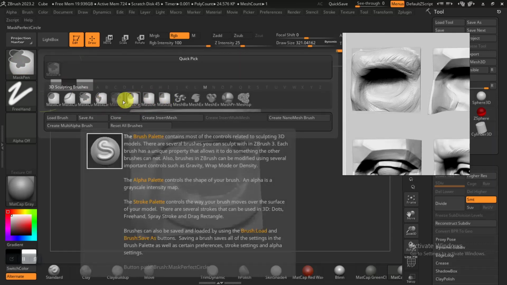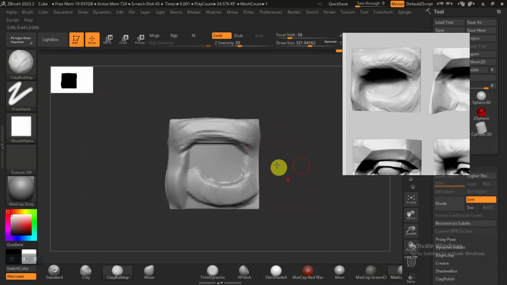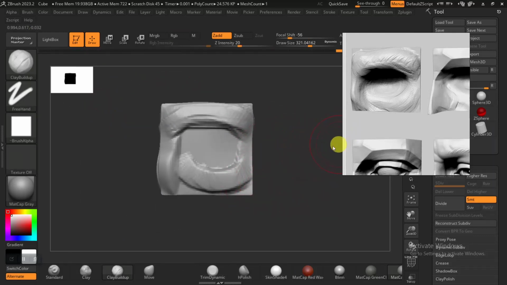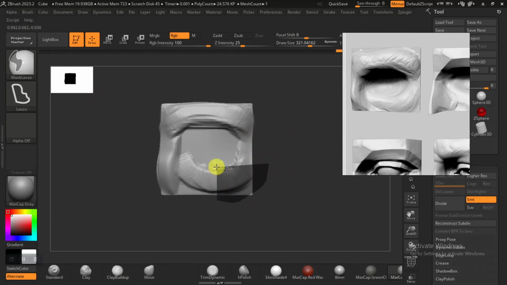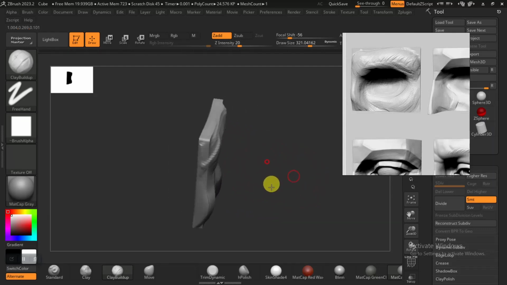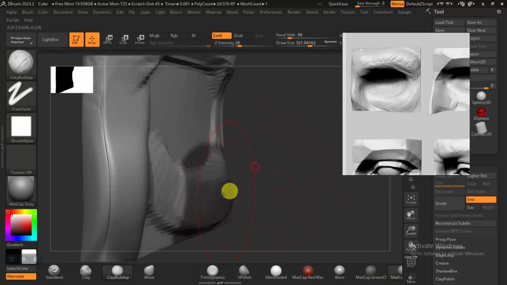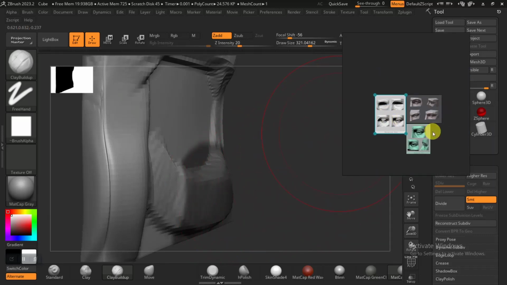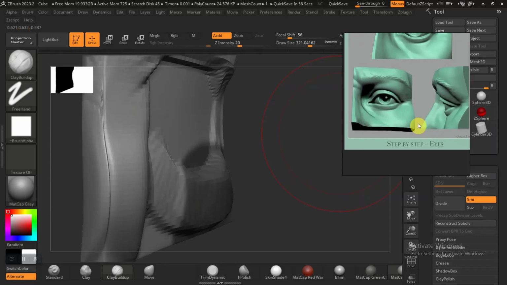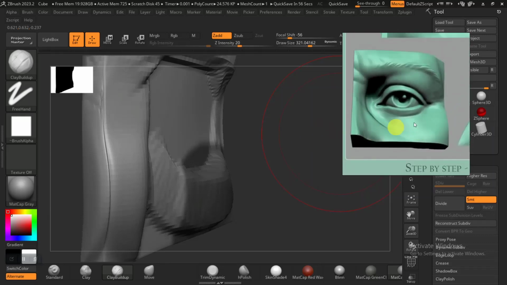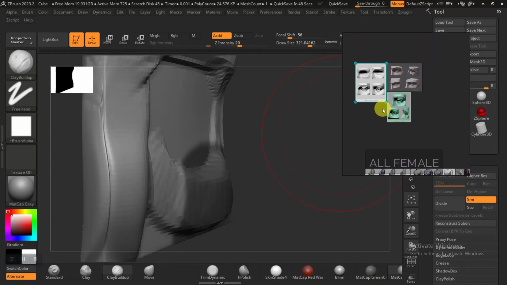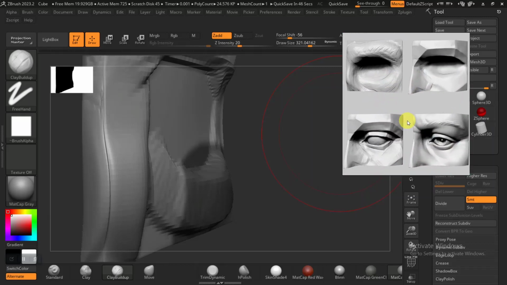The mask lasso. So this particular region is supposed to be a bit higher because it's going to be the cheekbone region, so that should be a bit higher. If you come to the reference for this around here, it's the same region we have around here, so keeping that in mind, let's go back in here